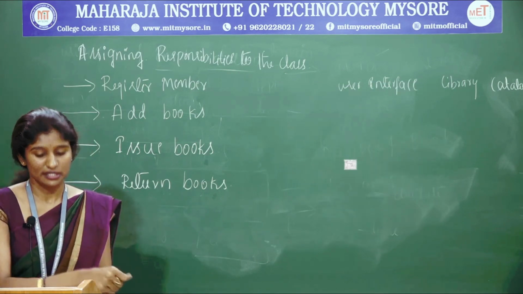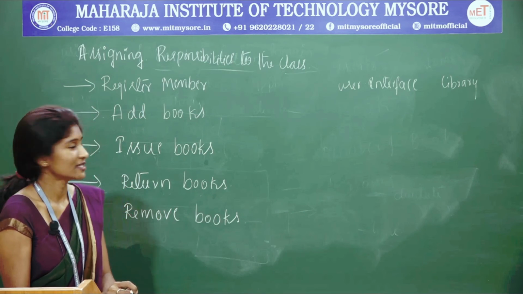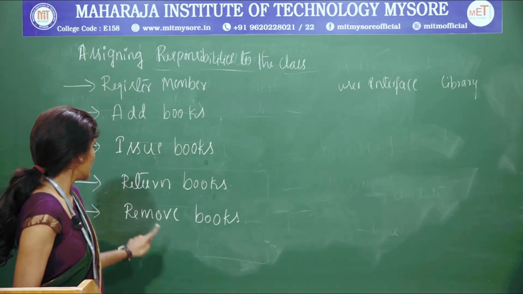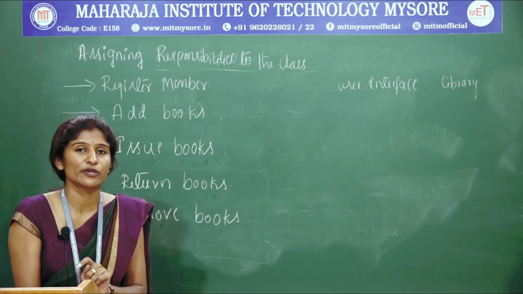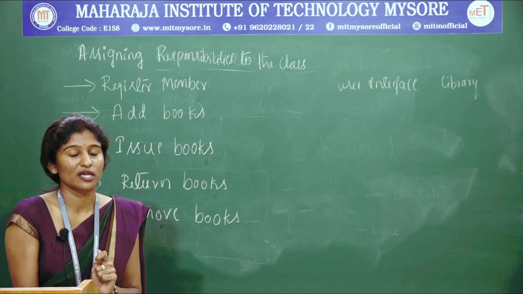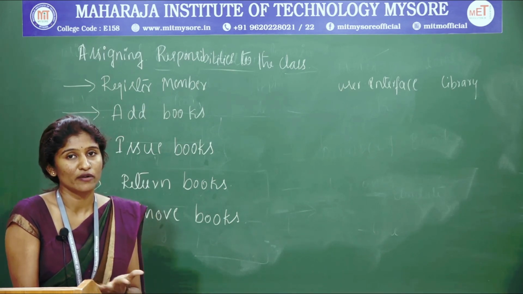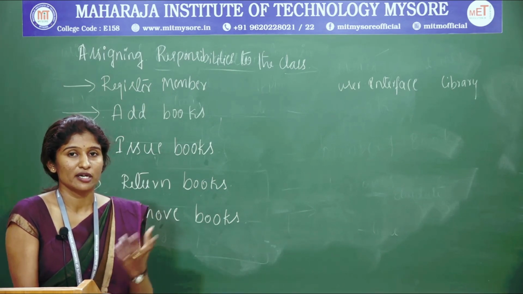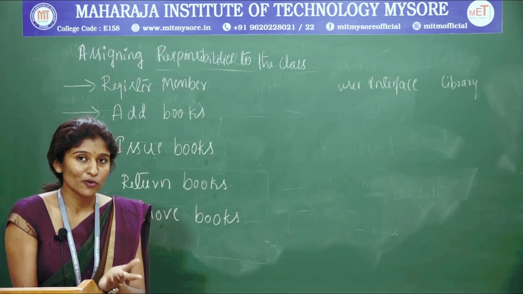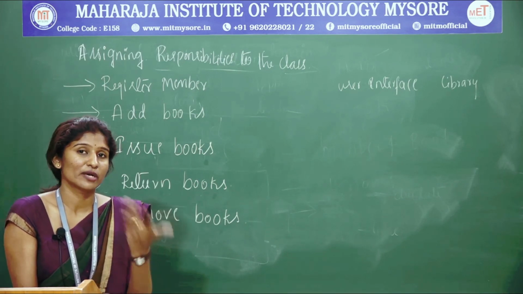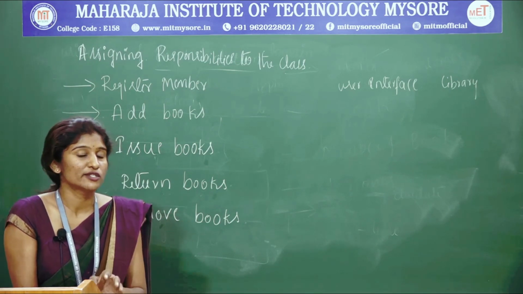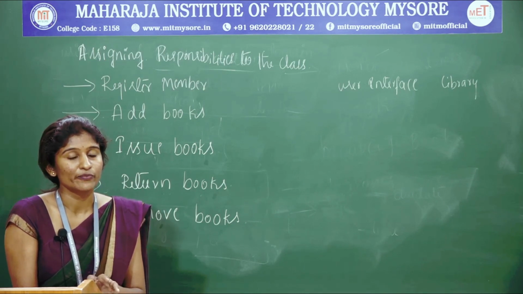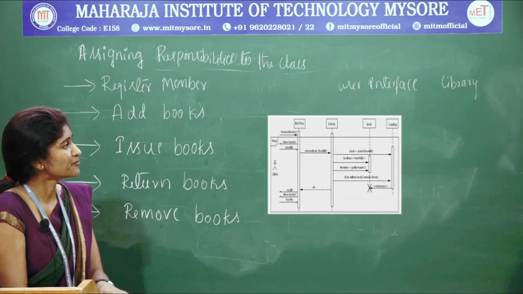We will see the next sequence diagram. The next sequence diagram is removing books from the library collection system. We are going to remove books from the library system which have not been used for a long while, books which are not in the syllabus right now. Old books, which none of the customers have taken and which have been kept for a long time, will be removed. I already told you these things. Now in order to remove that book, we are going to write the sequence diagram like this.